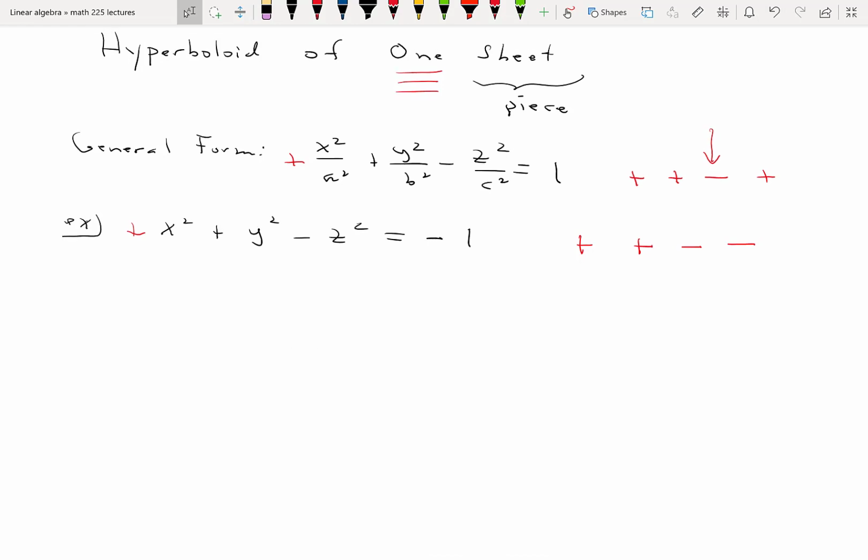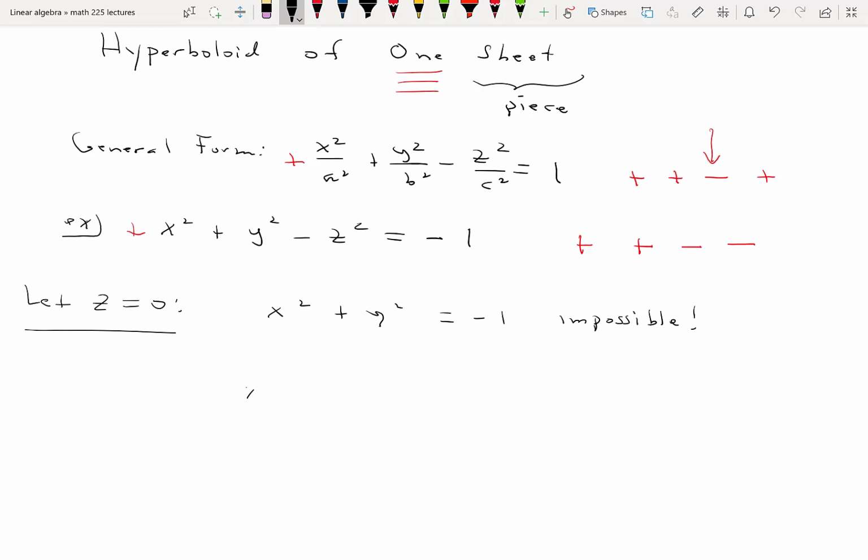Okay. Let's look at traces of this surface in different planes. Let's take a look at what's happening in the xy plane. Let's let z equal 0. We get x squared plus y squared equals -1. And there's something wrong with that. Well, there's nothing wrong with it. It's just impossible. So there's no graph in the xy plane. There's no part of this surface in the xy plane. Okay, in fact,